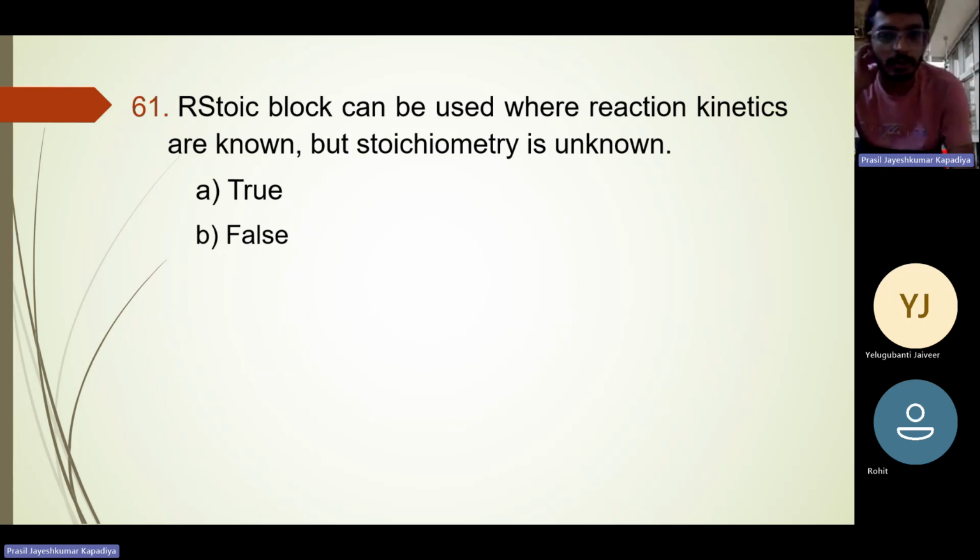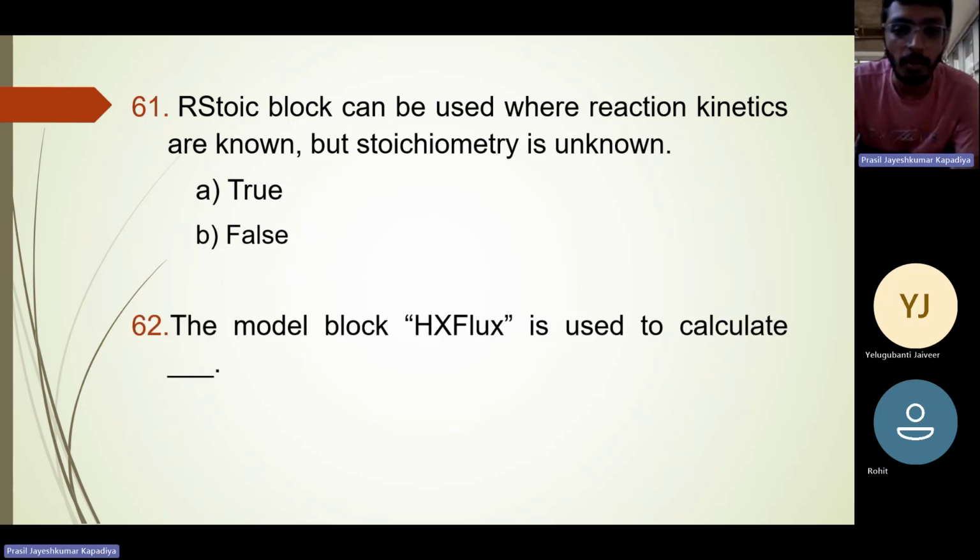Okay. RStoic block can be used where reaction kinetics are known but stoichiometry is unknown. No, false. RStoic is where we are supposed to define stoichiometry. Yes. The model block HXFlux is used to calculate